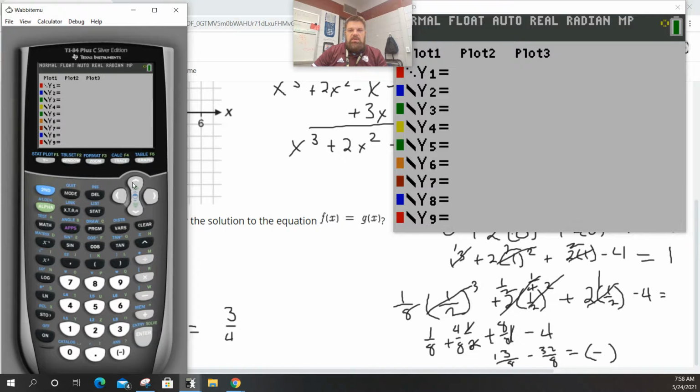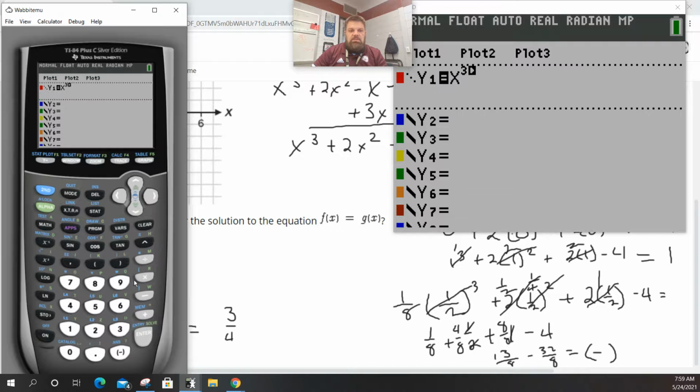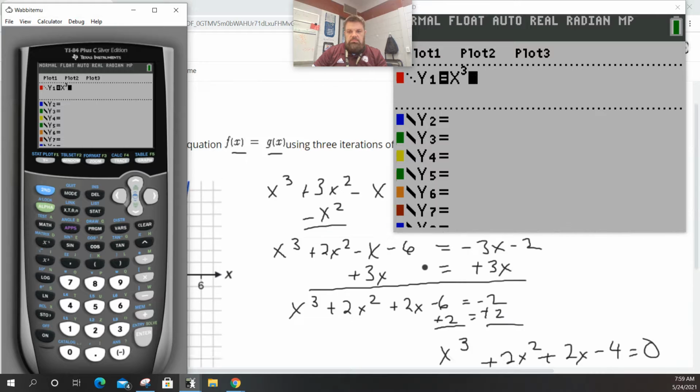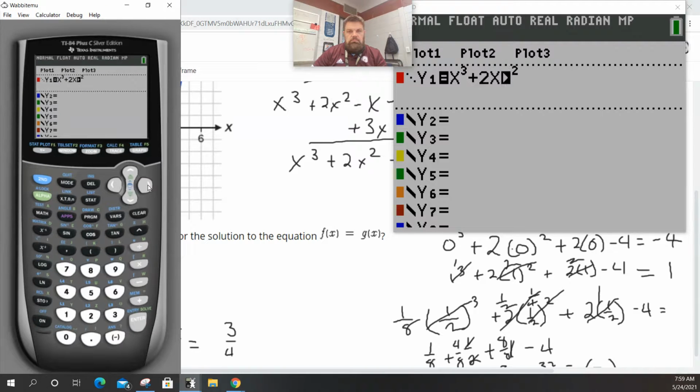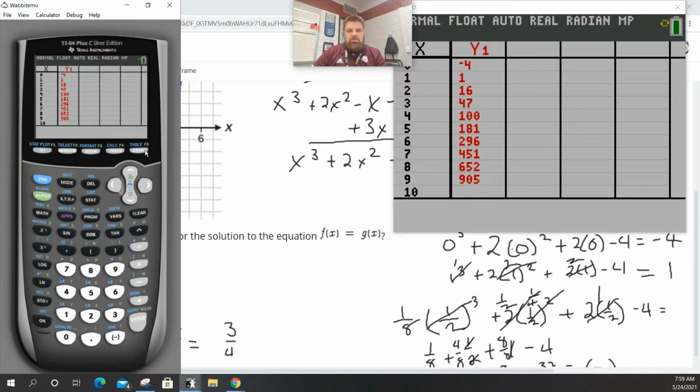And I'll put the function in up at the top. So it's going to be x cubed plus 2x squared plus 2x minus 4. And so now when I hit the table of values, it'll evaluate it for me. So now if I go into table set,